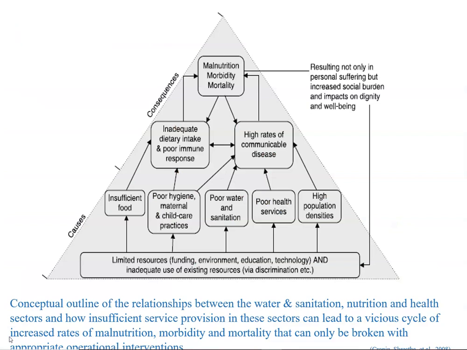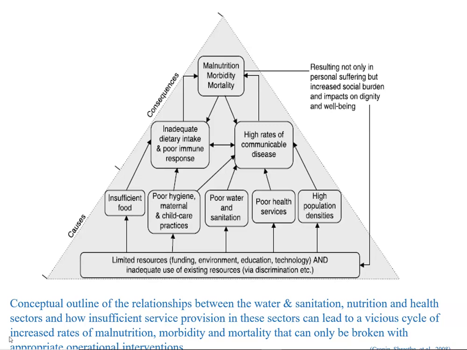This conceptual framework outlines the relationship between limited resources, including funding, environment, education, technology, and inadequate use of existing resources, that lead to high population densities, poor health services, poor water and sanitation, and insufficient food, which in turn lead to a high rate of communicable diseases